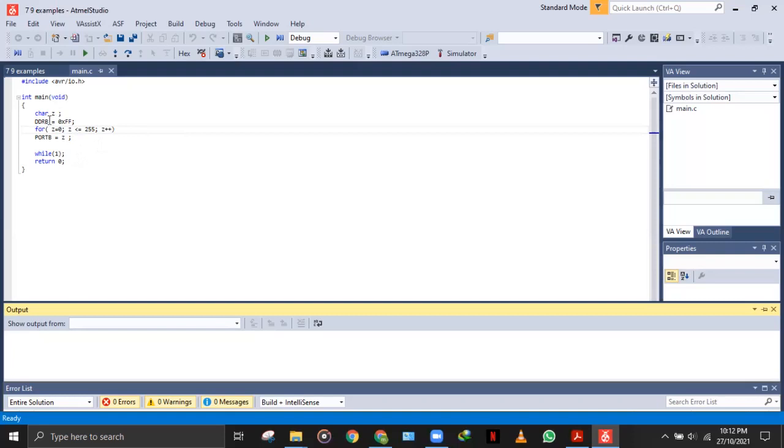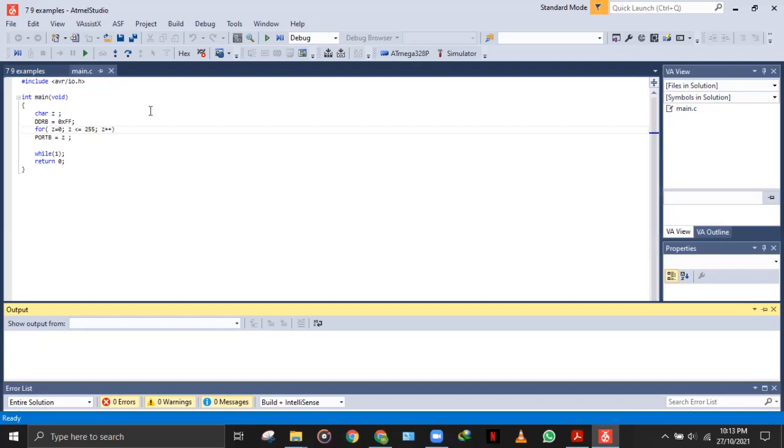Port DDRB: we have taken it as output, so DDRB becomes our output, and 1 1 will go to the port. That declares our output. And then we initialize a for loop in which our starting value is